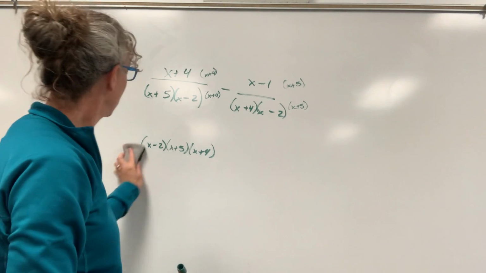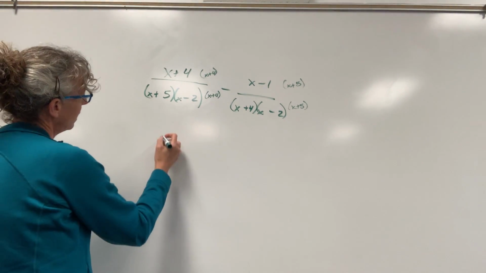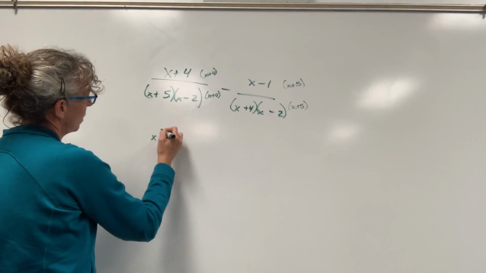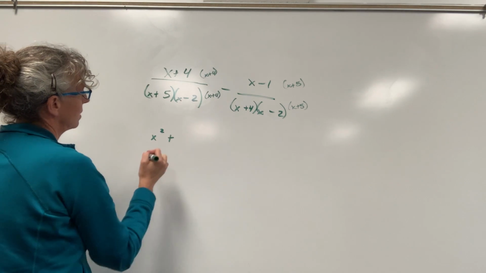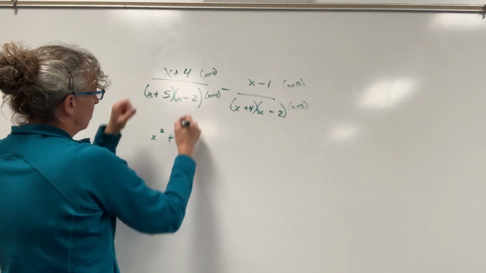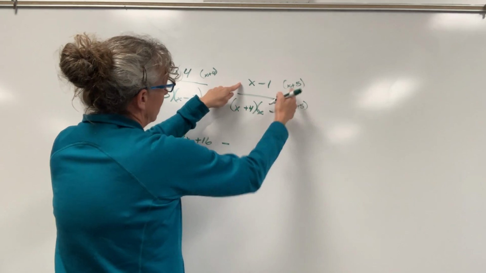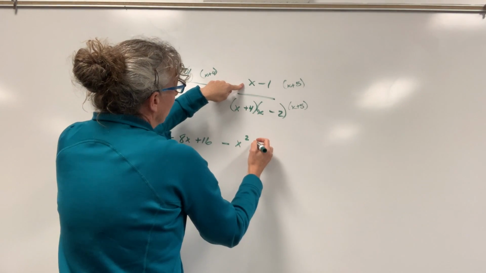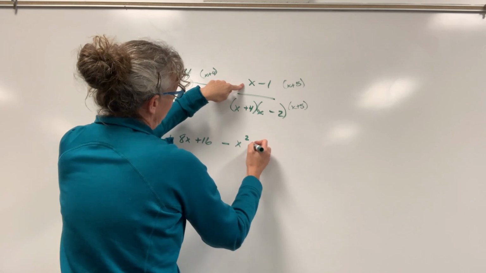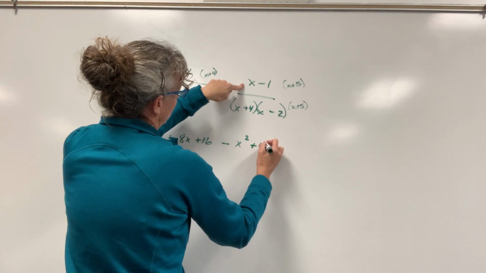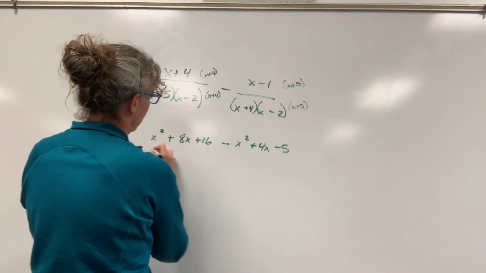Okay, so then go ahead and multiply. That'd be x squared. I'm going to FOIL it while I'm doing it because I'm running out of time. x squared plus 8x plus 16 minus x squared. Let's see, that'd be 5 plus 4x minus 5, you would add